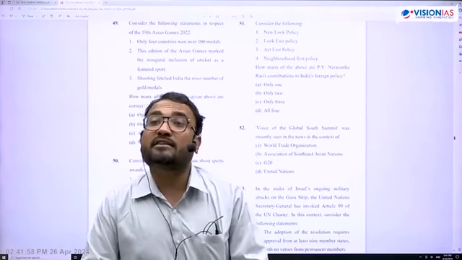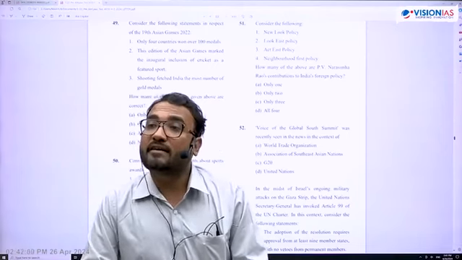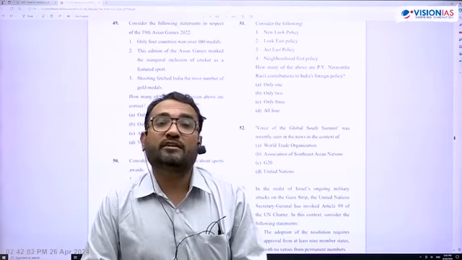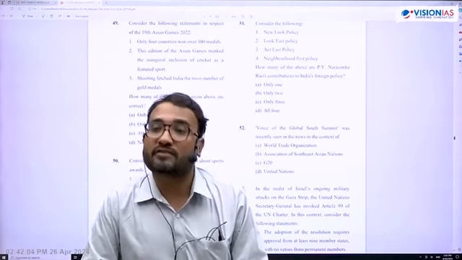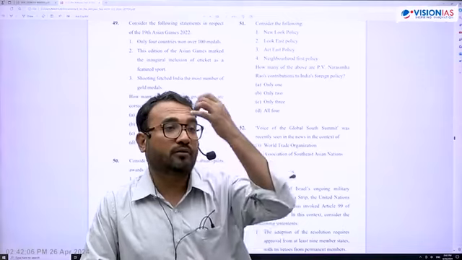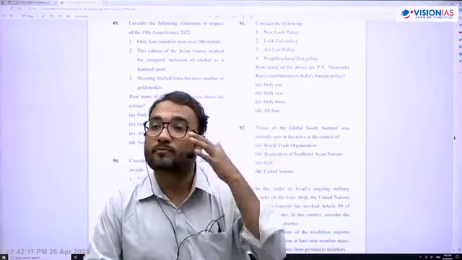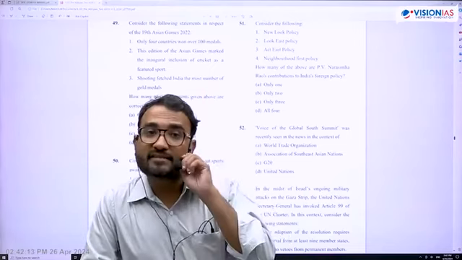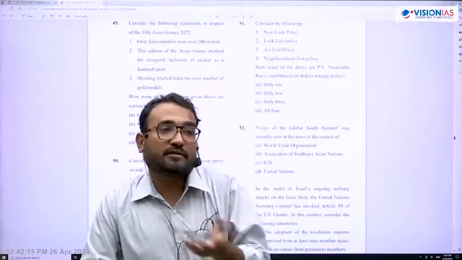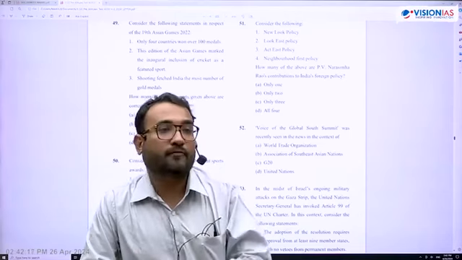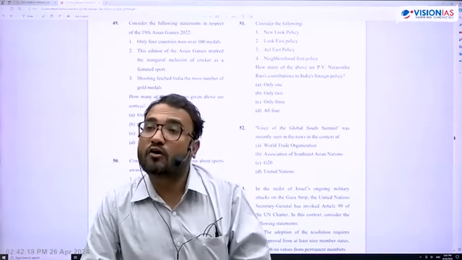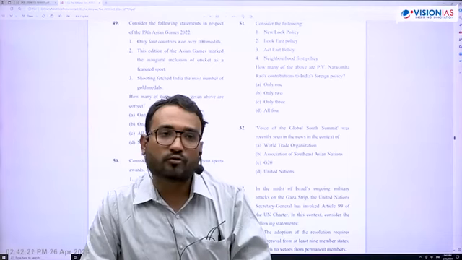US, Obama ji ne ek baat kahi thi. Obama ji said that the relationship between India and US shall be the defining partnership of 21st century, which I think UPSC also asked once. So the Indo-US relationship shall be the defining partnership of 21st century. So India is seen as the pivot to US South Asian foreign policy, and India also has an independent foreign policy without a shadow of doubt.